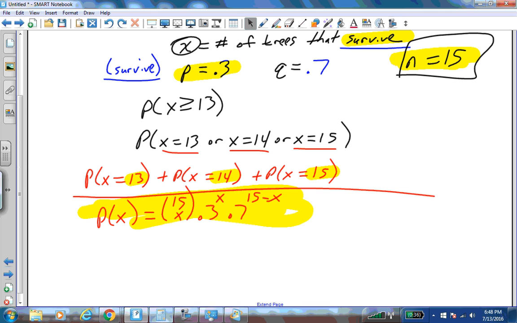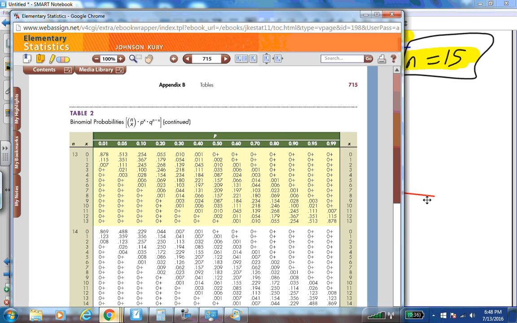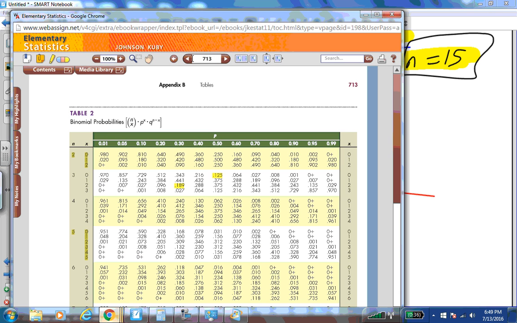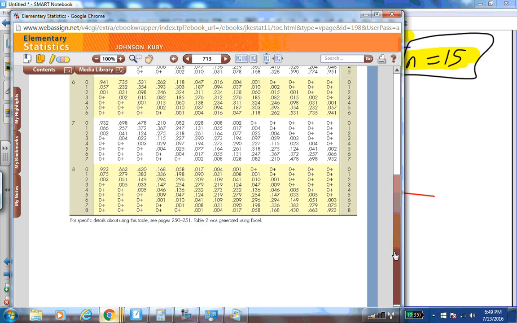Starting on page 713, we have several binomial probability tables. They start for n equaling 2, so they're for 2 trials, 3 trials, 4 trials, 5 trials, and then we have several different p-values. So if you have a p-value of 0.01, so that's 1%, 5%, 10%, 20, 30, 40, 50, if you have any of these p-values across the top and any of the n-values listed down the side,